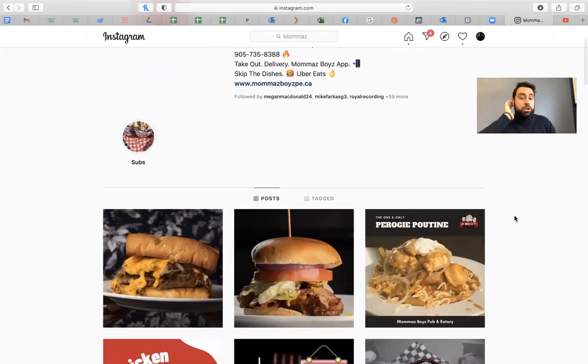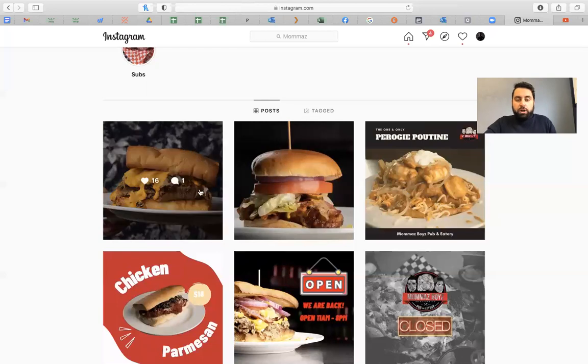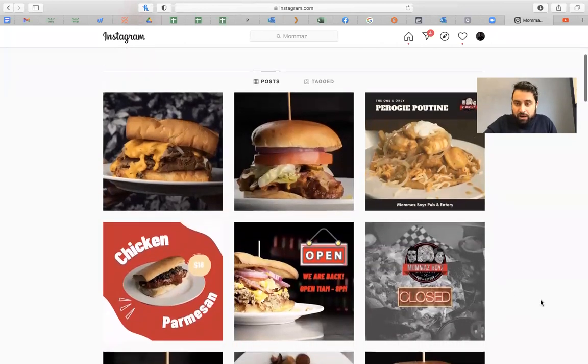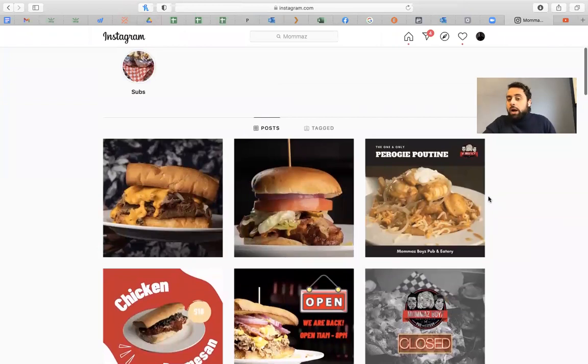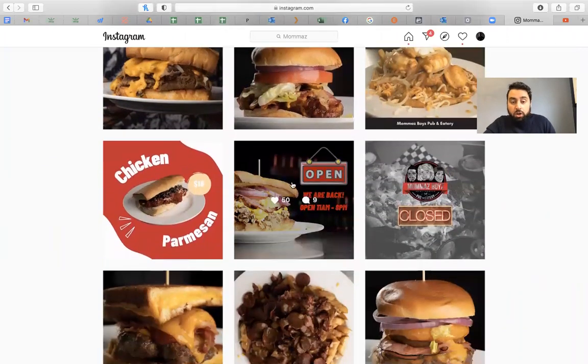If we go down here through the news feed, here we have very clean product shots of the different items that they carry, as well as different logos. Notice how the Mama's Boy logo is here in the top right. We obviously used a transparent file to implement it onto the graphic here, and we've actually utilized that in Canva. Same with this. This was made in Canva. This post right here was made in Canva.